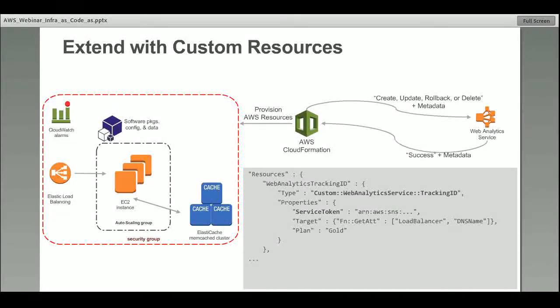So in this example, I'm saying, hey, I'm provisioning a web analytics subscription, and I have a gold plan. That's the metadata that's going out to CloudFormation. And then when the message comes back to CloudFormation, there could be things like the tracking ID or any expiration date and so on and so forth that might be relevant in this use case.